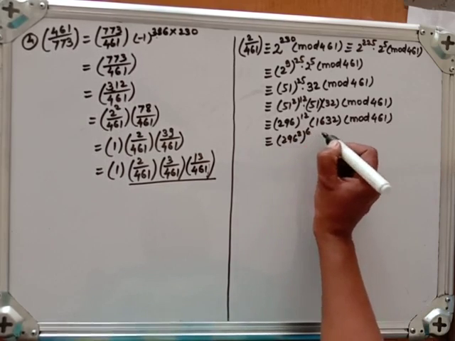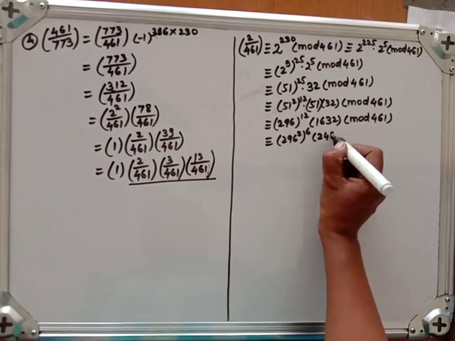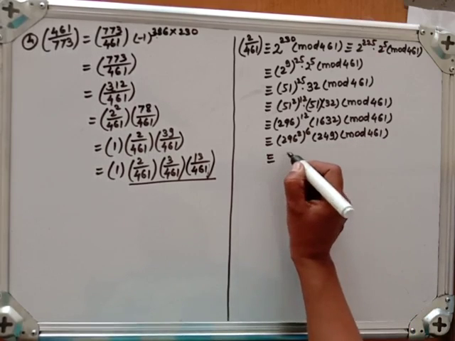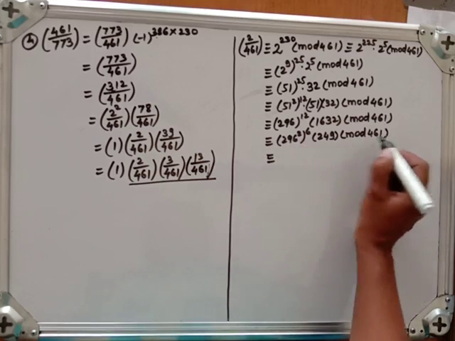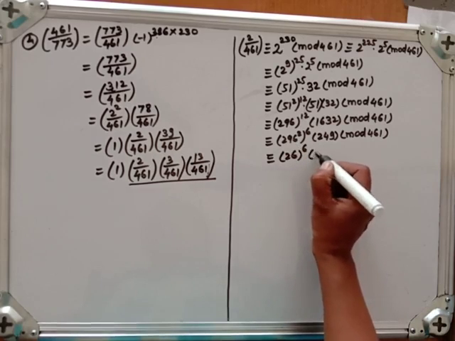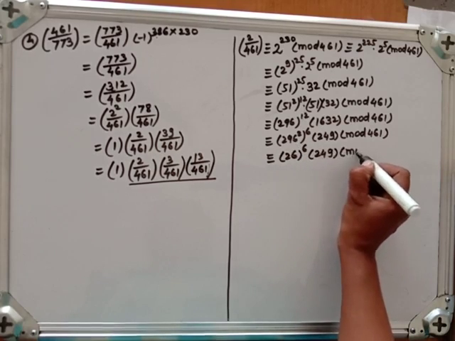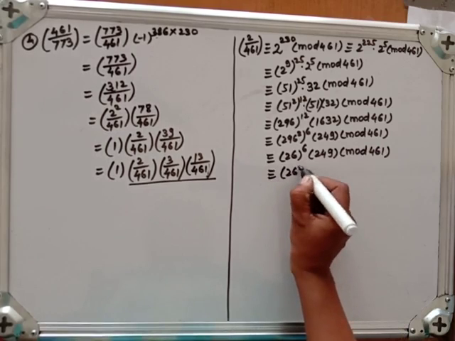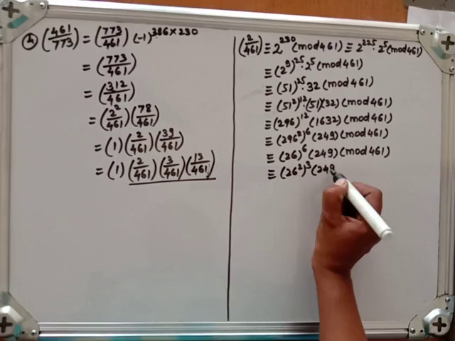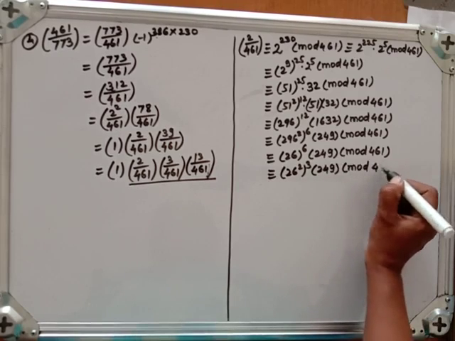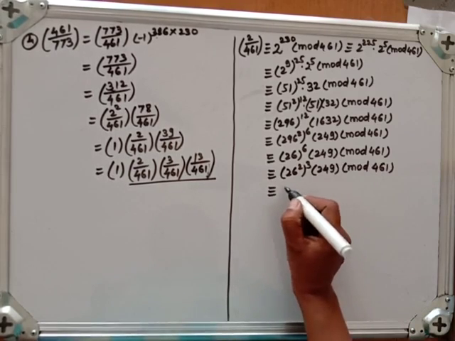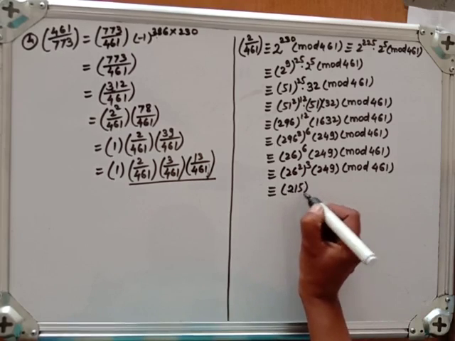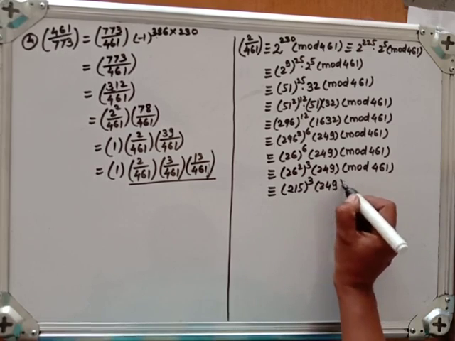296 square raised to 6 into this is 249 modulo 461. So this square modulo 461 will give us 26 raised to 6 into 249 modulo 461. So 26 square, it can be written as 26 square its cube into 249 modulo 461. So this 26 square modulo 461 will be 215 cube into 249 modulo